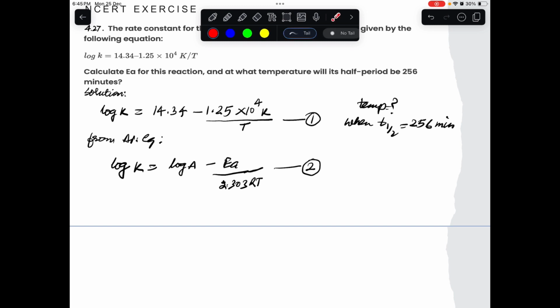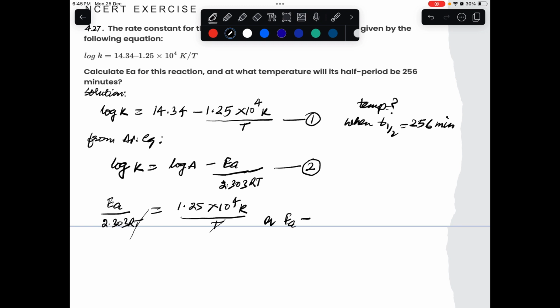That is this part and this part when we compare. So we have EA divided by 2.303 RT is equal to 1.25 into 10 raised to the power 4 Kelvin divided by T. T will cancel out both the sides. So therefore, we can write energy of activation is equal to 1.25 into 10 raised to the power 4 Kelvin into